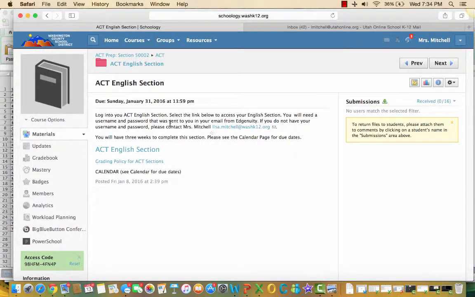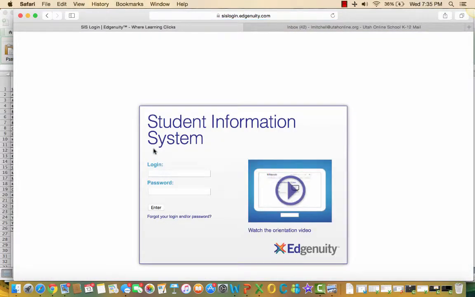Now, in order to get to your ACT section, you're going to go to ACT English section, and that is where it's going to take you to this outside link. Now, you're not going to use the same credentials, username and password, that you used while signing into your Google account. This is completely different. You're going to need to check your email,